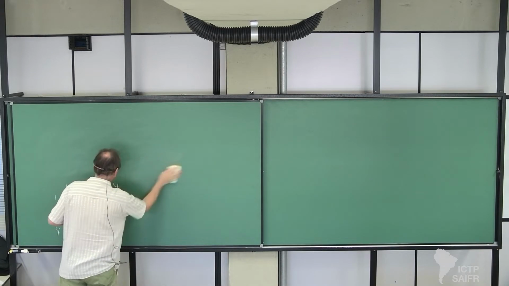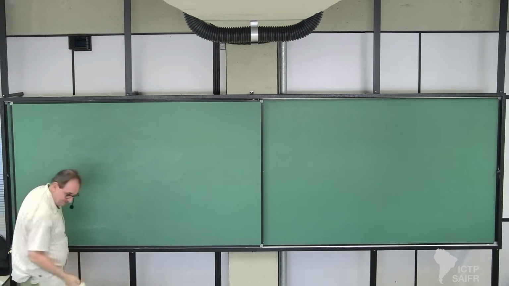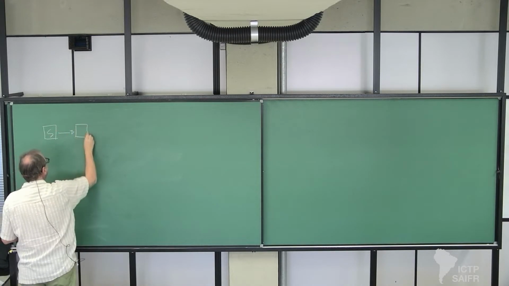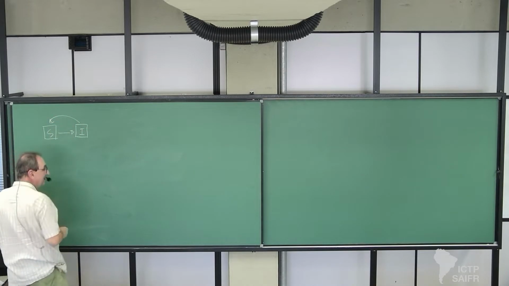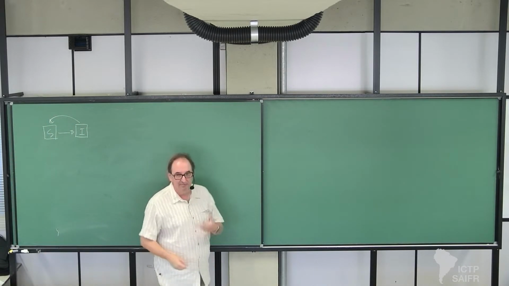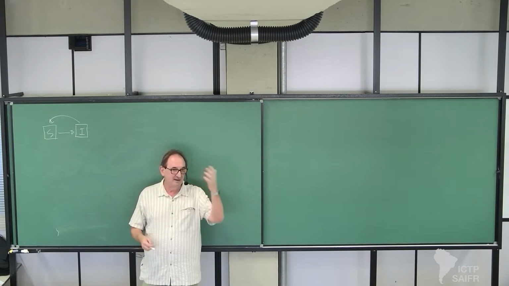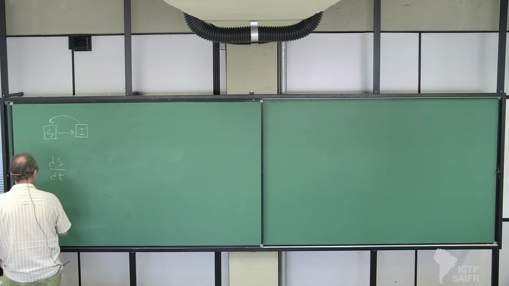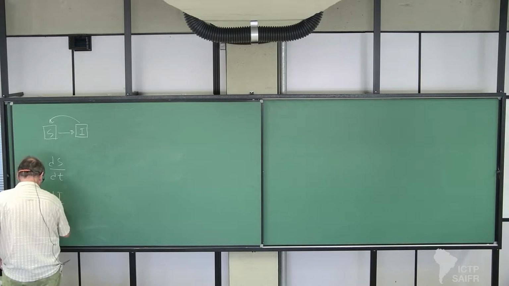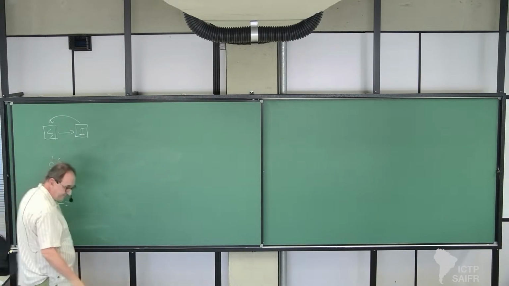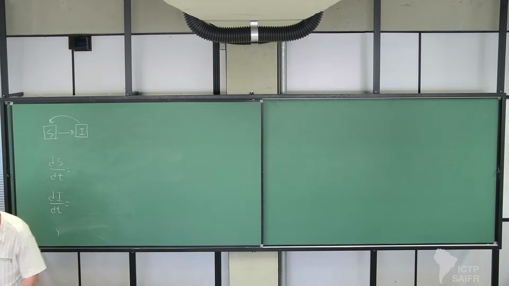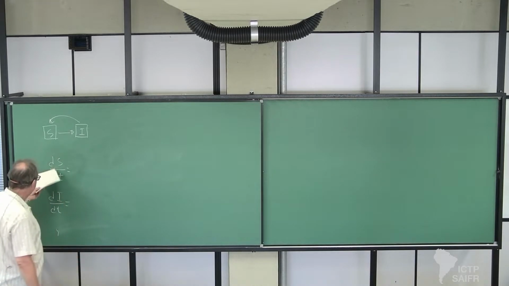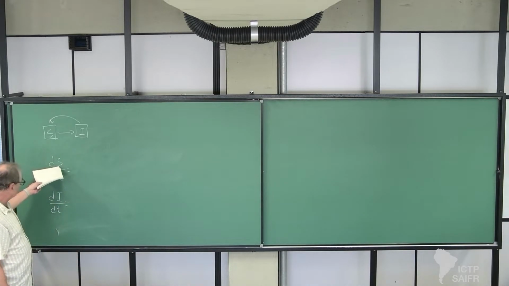So let us begin with a simple one, which would be the model of S going to I and going back to S. Okay? So you have two classes, and we want to write how these classes change in time. Therefore, I want to write dS/dt, and I want also dI/dt. So I will consider the population as closed. Okay? And well, in order for S to change,